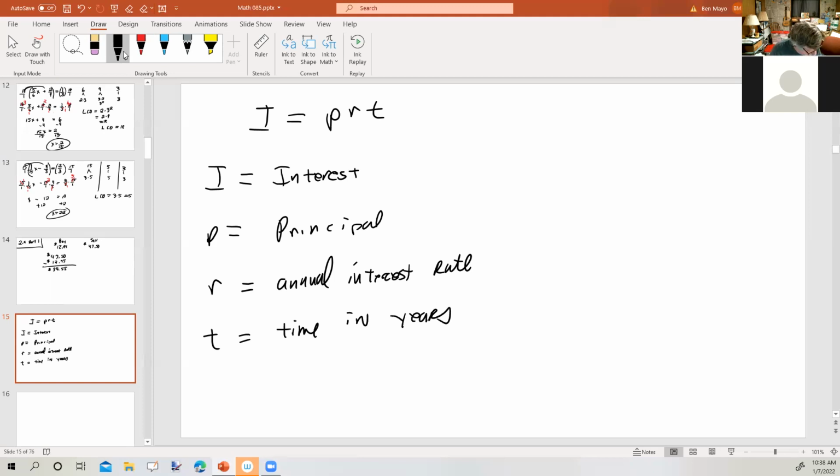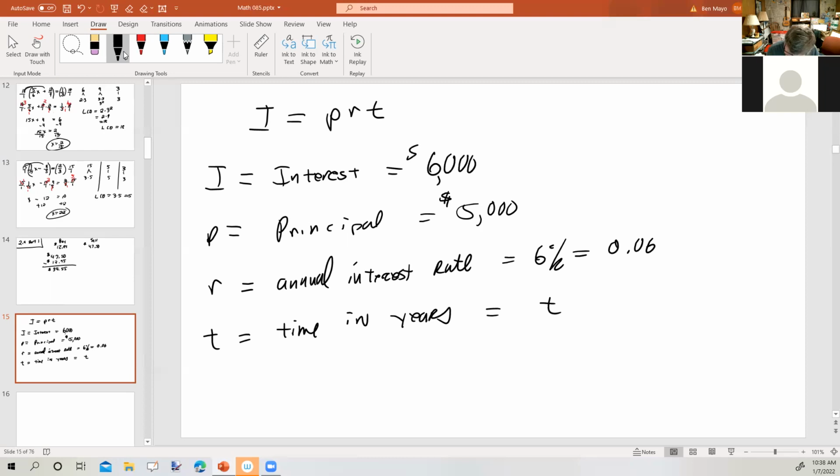Okay, so a man deposited $5,000, that's the principal, paying 6% simple interest, that's the interest rate, which we have to convert into a regular number. Let's see here. How long will the money have to be left on deposit? So that's the unknown time to earn $6,000 in interest. So putting the values we have into the formula, we get